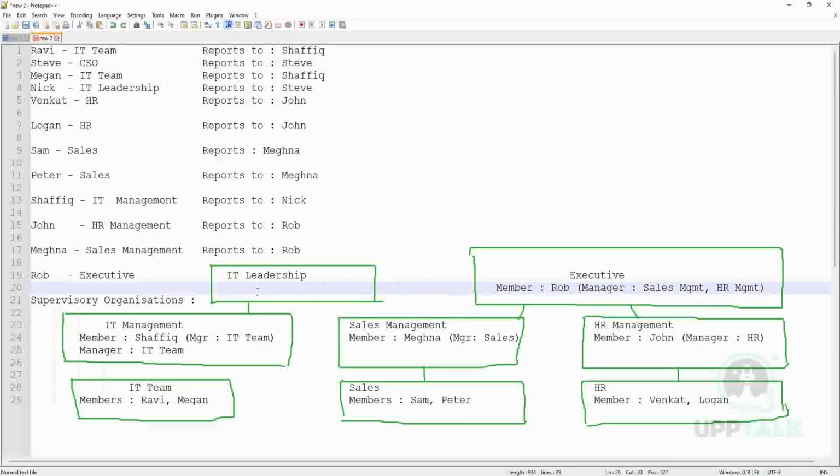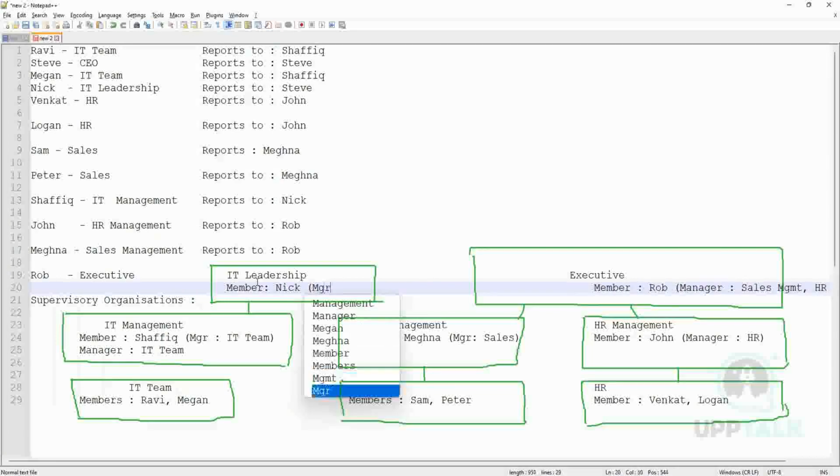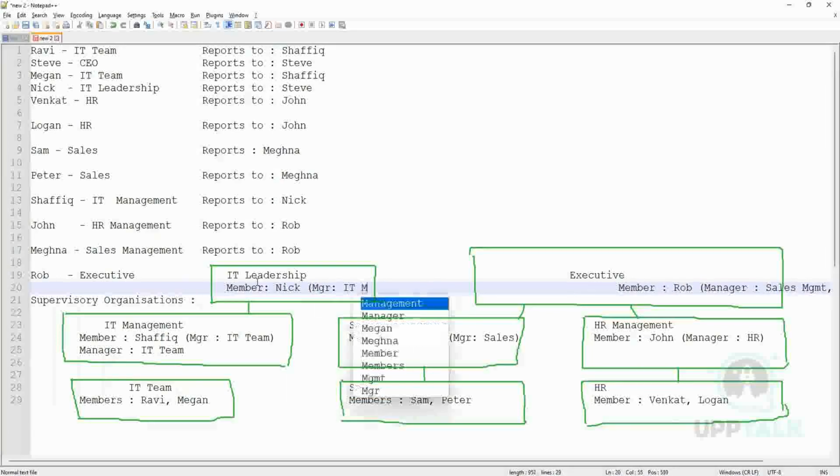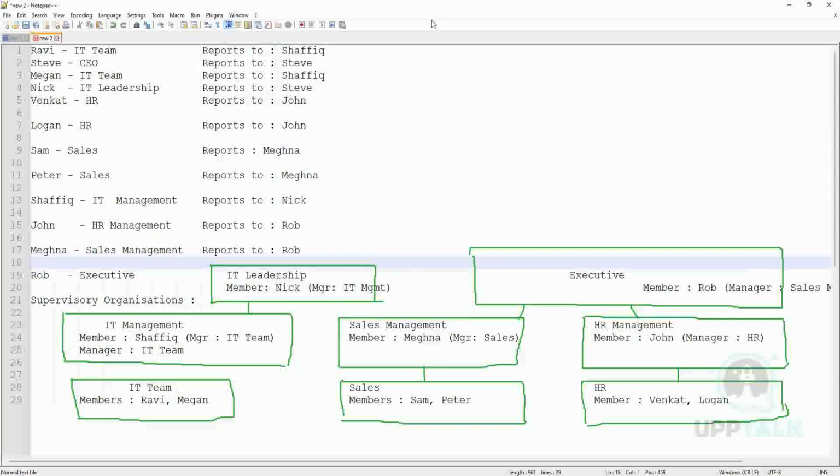So now, in the IT leadership, who is the member of IT leadership? It is Nick. Nick happens to be the manager of IT management. Okay, so this is what is about Nick. And then we have one more. Let's put it somewhere here. We have one more, that is the top. Let's say we call it